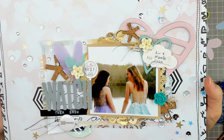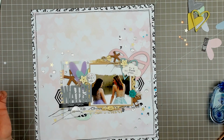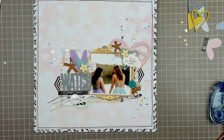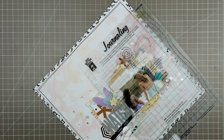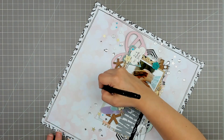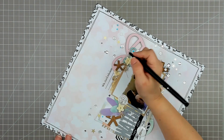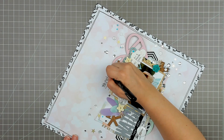I really love how this one came together, and I think it does a really nice job of supporting the story. You might be wondering, where's the journaling on this? And I often don't do journaling, so it very well might have ended up just looking like this. But I did decide to add some journaling, so I'm going to put the journaling up here in the top center, kind of off to the right a little bit, but mostly to the top center. And I kind of wish I had staggered these lines a little bit instead of having them all left justified there. But anyhow, my journaling says, with COVID restrictions lifting,